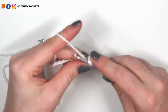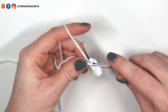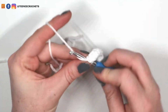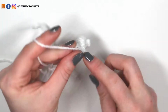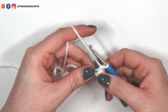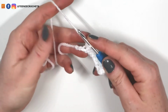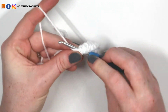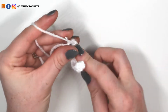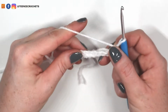2, 3, 4, 5, 6, 7, 8 and 9. After our 9 single crochets, you will have 1 chain space left, and into this 1 chain space we're going to do 3 single crochets all into that 1 chain space. So 1, 2 and 3, and that's going to allow us to rotate our work so we can now work